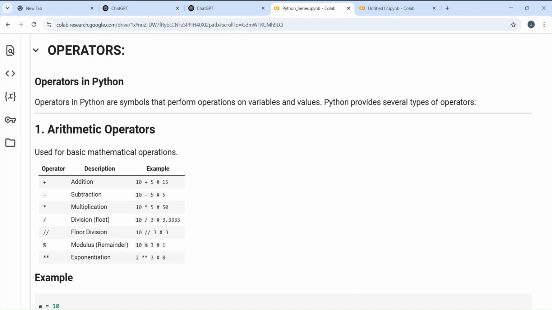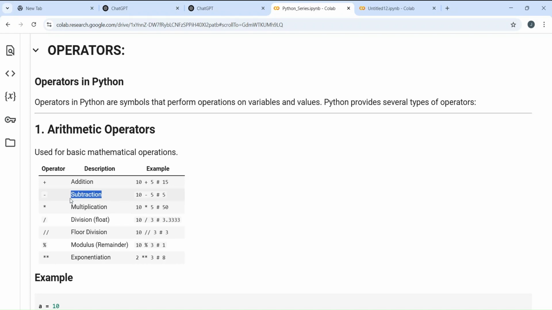Arithmetic operators are the simplest operators ever. You just have six or seven symbols. Firstly, the addition symbol, which is represented by plus. You give it two numbers, and it will provide you the sum. Similarly, subtraction. All of these symbols we have already learned in mathematics, so there's nothing much new. We will just see how they are implemented in Python.